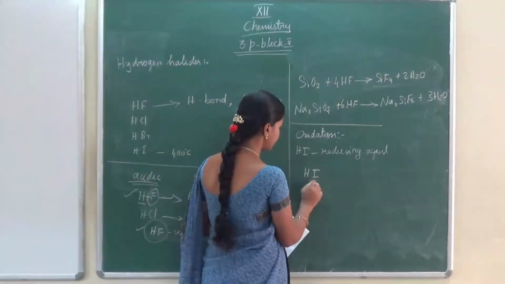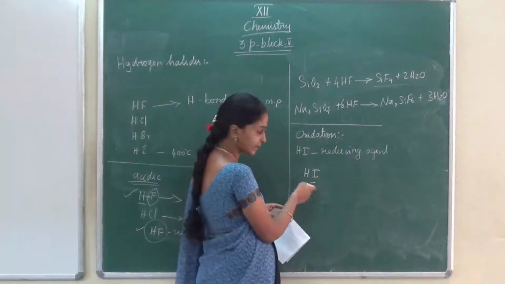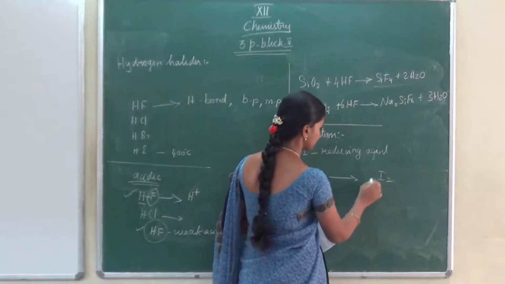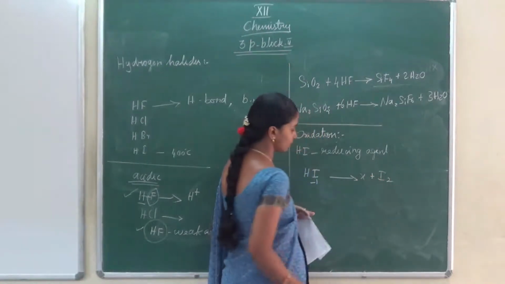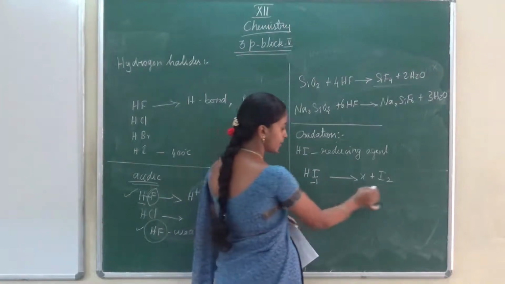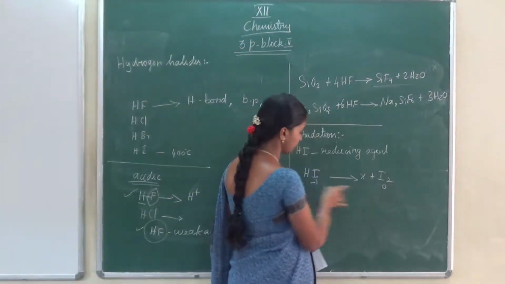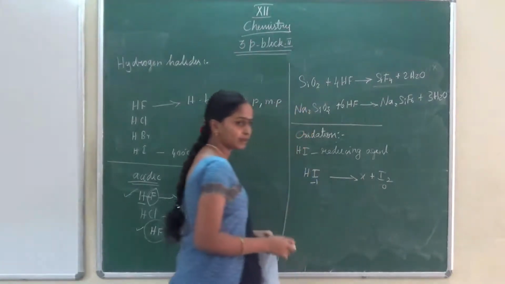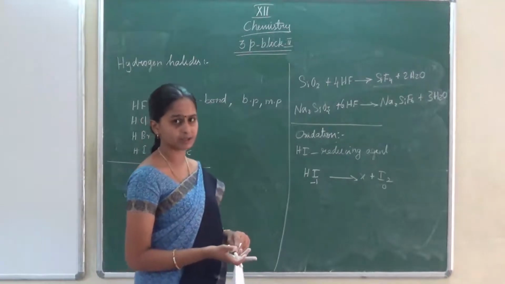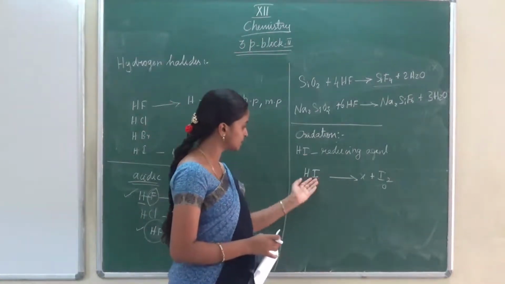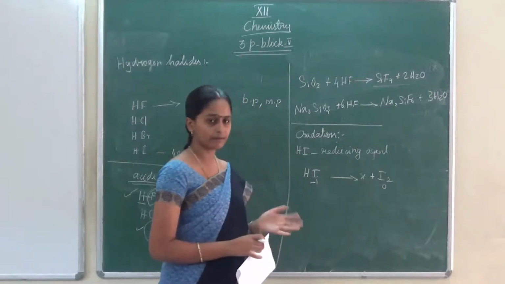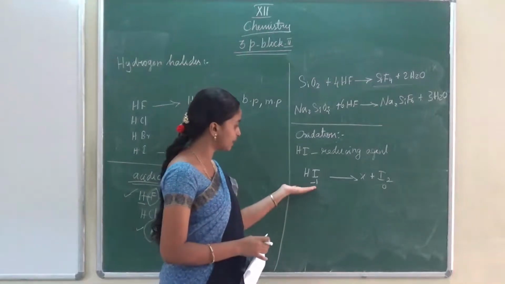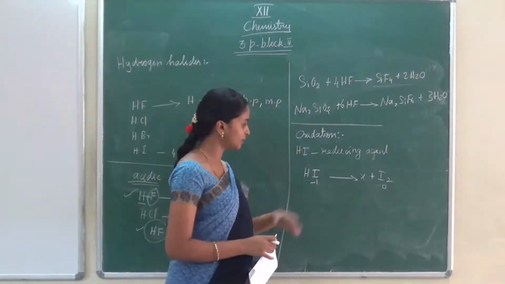Hydrogen iodide, HI. Here what is the oxidation state? Here it is -1. In the product side you will get I2, plus some other product, when you add this hydrogen iodide. What is the iodine oxidation state here? 0. If you notice, the oxidation number is increased from -1 to 0. So loss of electron is oxidation. One electron is lost, so it becomes 0. When electrons are gained, it becomes minus. When it loses electrons, it becomes plus. So -1 to 0. Now can you understand?